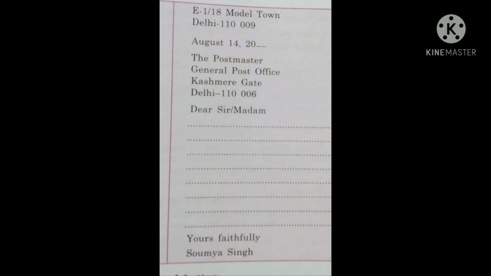Here one pic is there. I have used this pic from a grammar book. See, the sender's address is written on the top. Later on, the date is written. In the date, it is written in another format, the name of the month, like August 14, and after that a comma is there. Then 2021 or 2022, and so on. But you have to keep in mind that after the day, you must use a comma before the year. I hope you understand.